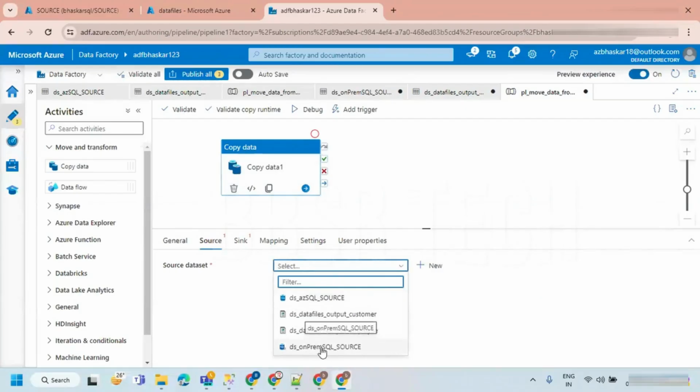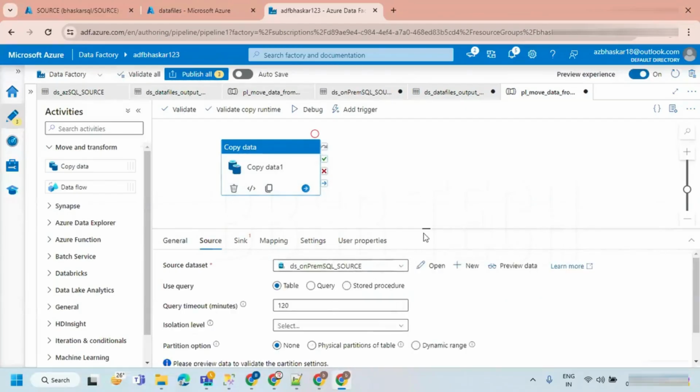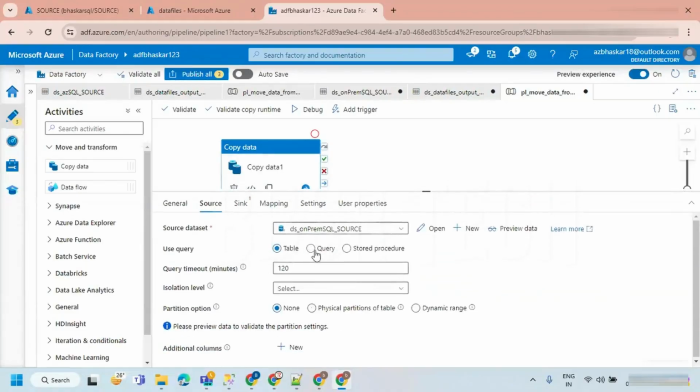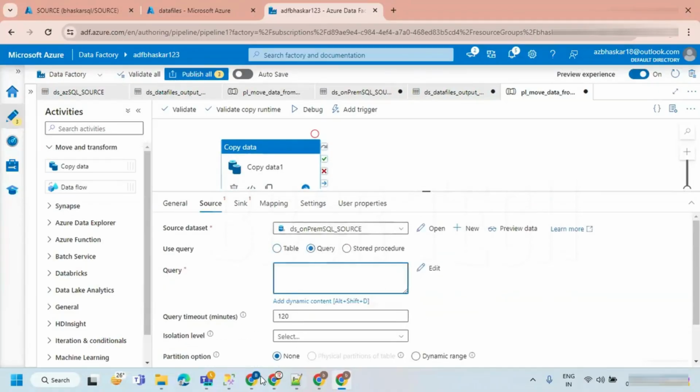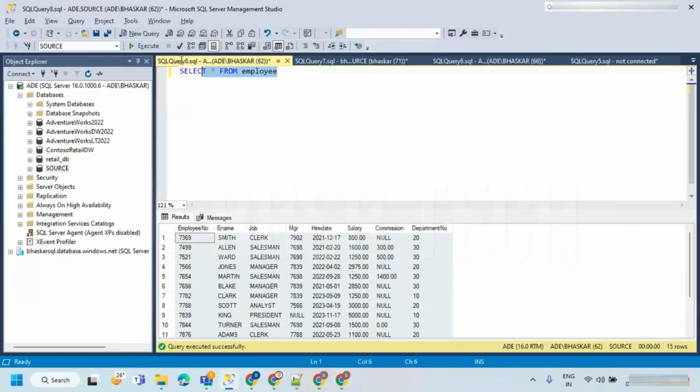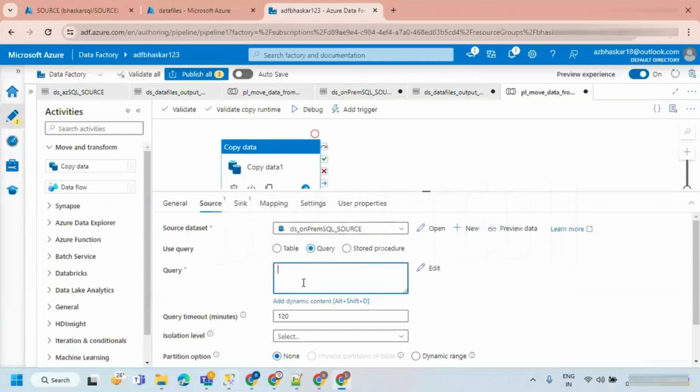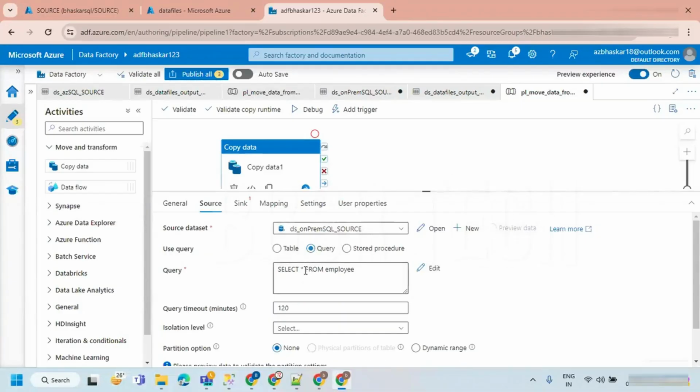On-prem SQL data source. So the same options are here also. You can see table, query, and stored procedure. I'm taking a query. So let's copy this query and paste it here. Then preview the data. You can see the data from this particular table.